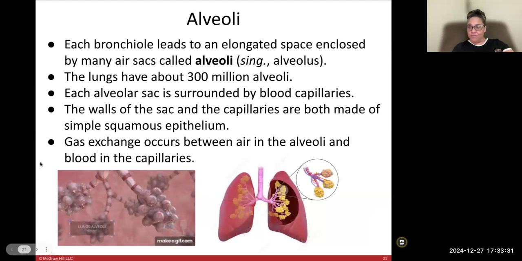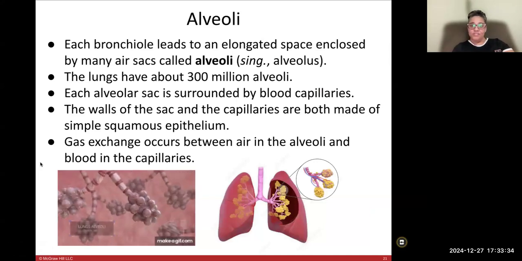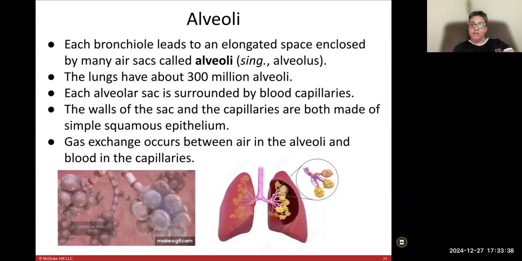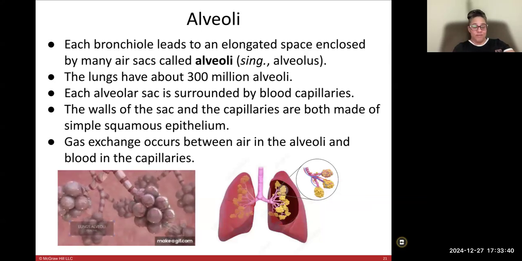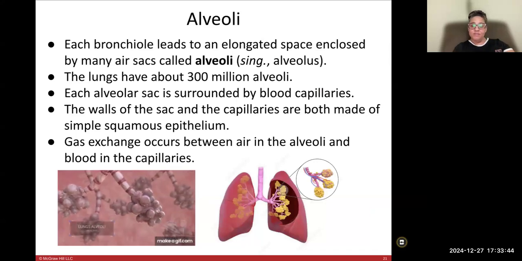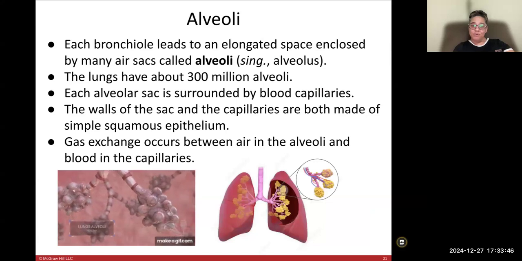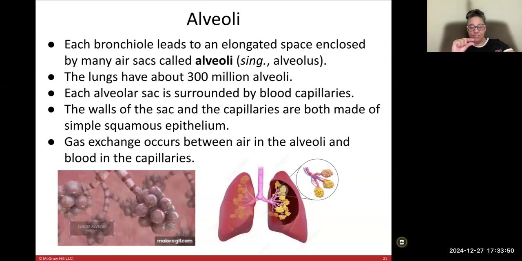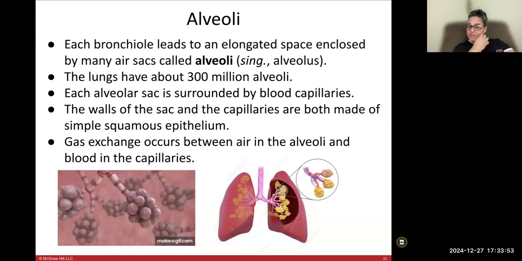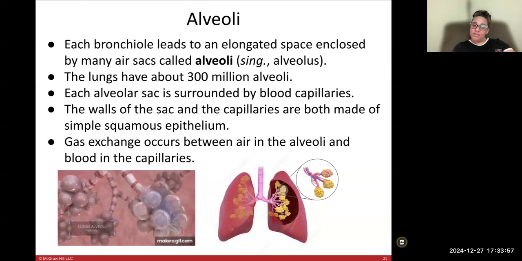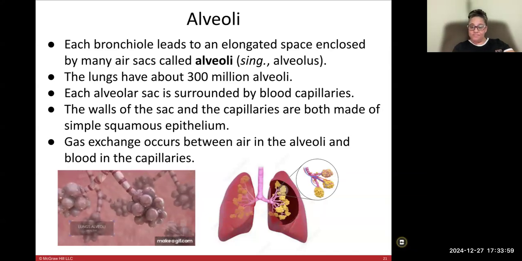Alveoli, or alveoli, however you want to say it. Each bronchiole leads to an elongated space enclosed by many air sacs called alveoli. The lungs have about 300 million of them. Each alveolar sac is surrounded by blood capillaries. The walls of the sac and the capillaries are both made of simple squamous epithelium, so just a single layer of tiny flat cells. Gas exchange occurs between the air in the alveoli and the blood in the